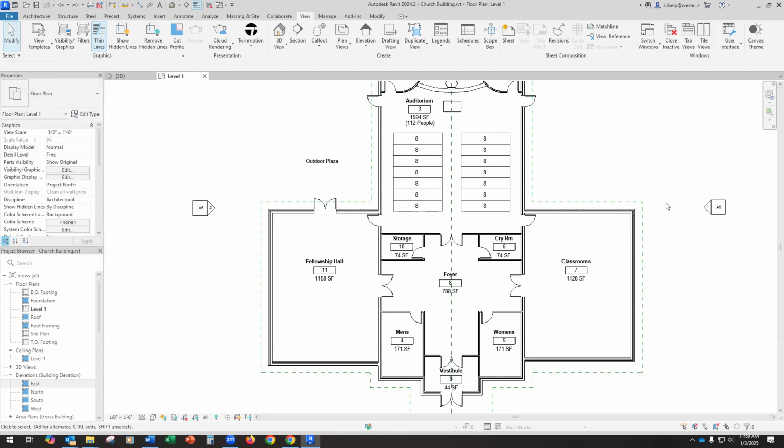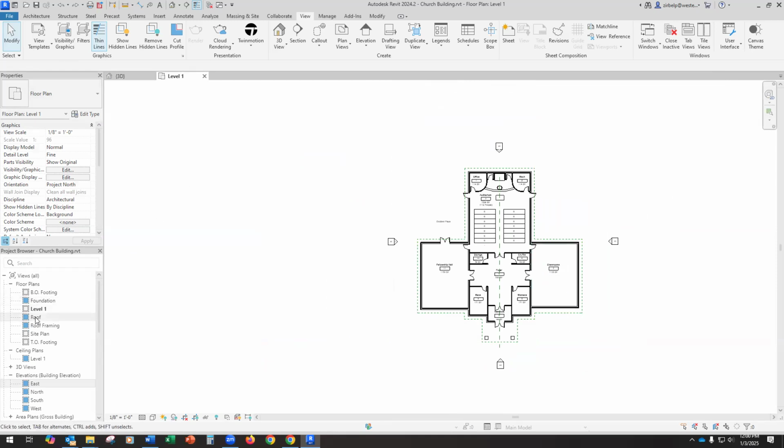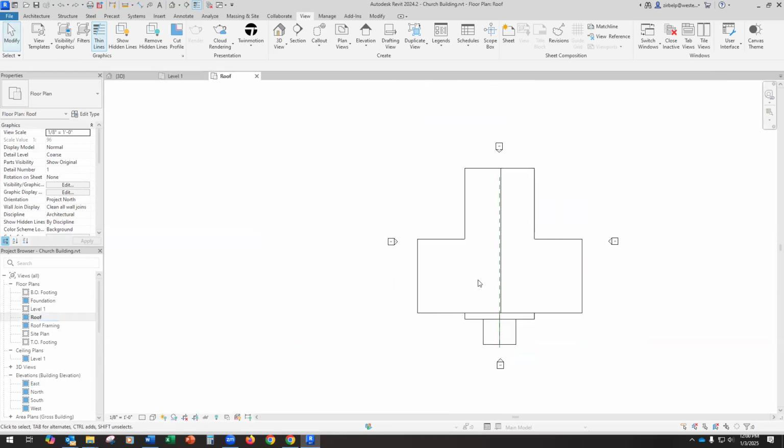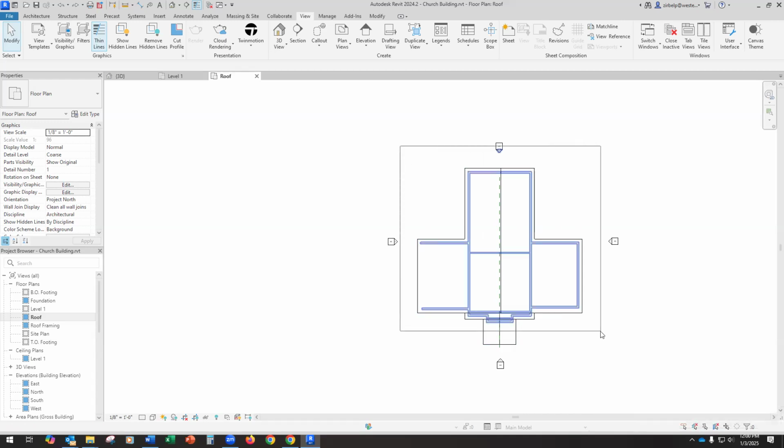There's one other thing I wanted to show you. Let's go to the roof plan. So you'll notice when I clicked on the walls, it selected them, but when I'm clicking on the roof, it's not selecting it. There's a roof there, but it's not selecting. This is a really powerful little tool here. This allows you to select elements by faces, so you would do this for the roof or the floor or the ceiling, something where there's a face and you don't want to select. Now, I could select the roof this way,